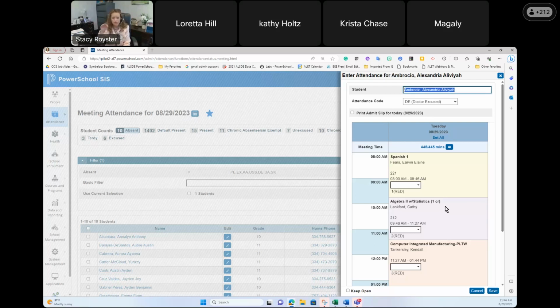I don't care what code you use. A lot of people thought, well, if I put it with the present code, it doesn't take the time off. That is not how it works. That clock in and clock out takes the time off. Okay? When you clock in and clock out, you're saying they are not involved in school. If they are going on that trip, okay, so in this case, if it's a football game,